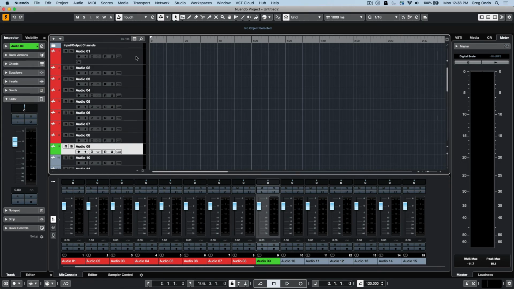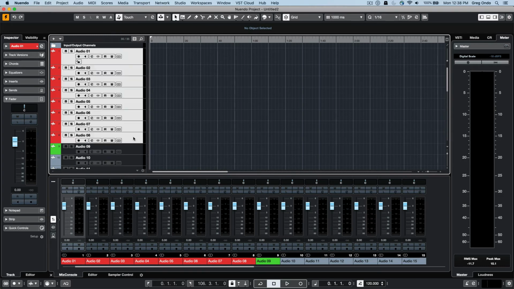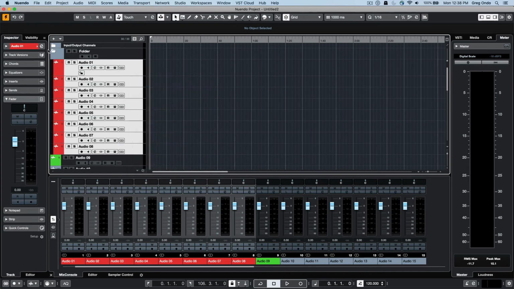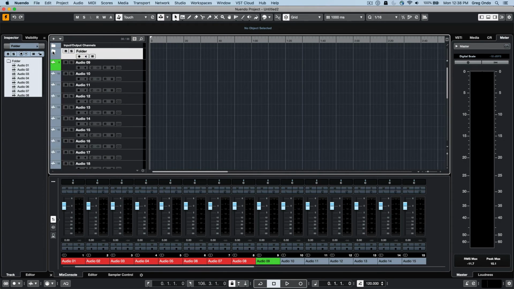Using folders can help organize projects that have a large number of tracks. So if I want to take these tracks and put them into a folder, we could select them, right click, and say move selected tracks to new folder. So now I could collapse all of those tracks from view just by opening and closing the folder. And we could have folders,